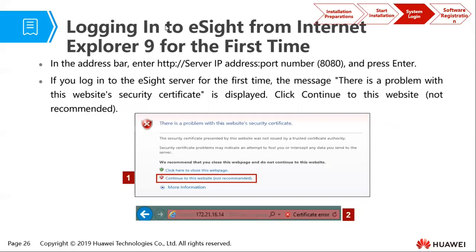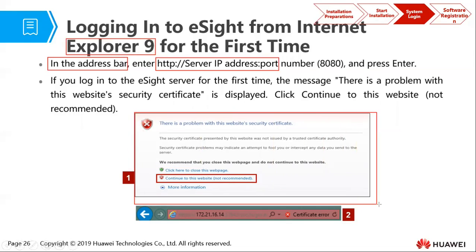So login. If you want to log into eSight from your network management system, you need to open your browser, for example, Explorer 9. Then you enter HTTP, then the IP address, then the port number. Then you press enter. And when you do that for the first time, most likely you're going to get this error,